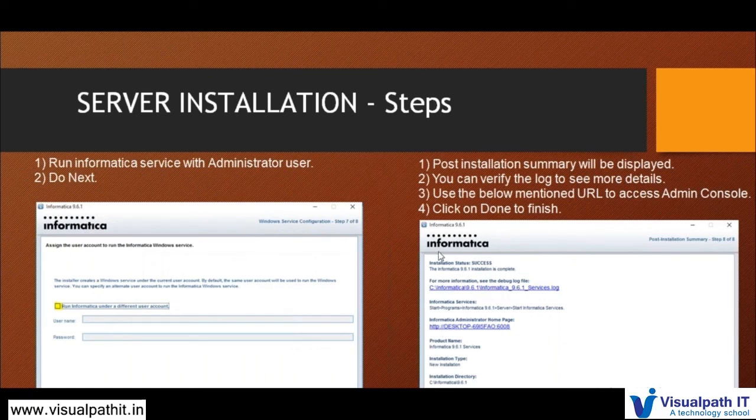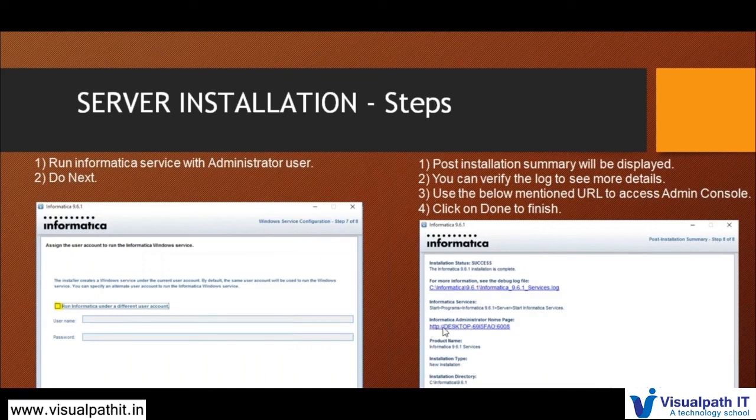So in step 8, you will be finding the summary view, the log information, showing all the steps you have come through. How the steps went, and all the information will be logged in your 961 server services.log. And Informatica services are available under 961 server start Informatica services.